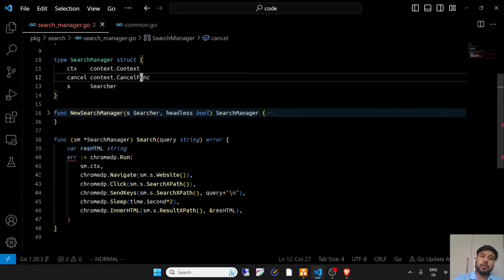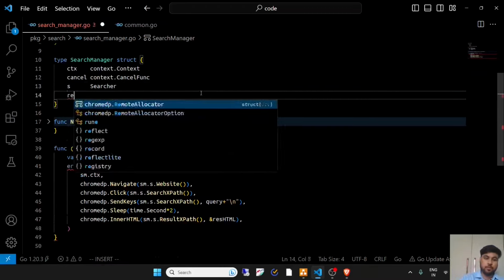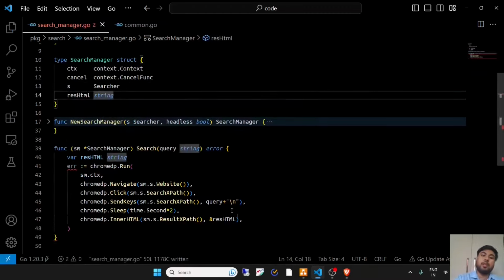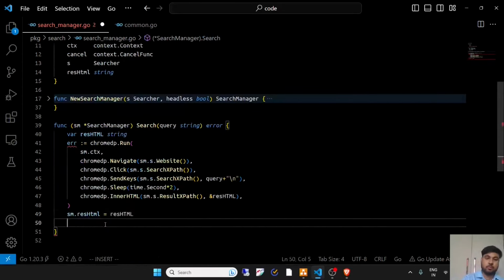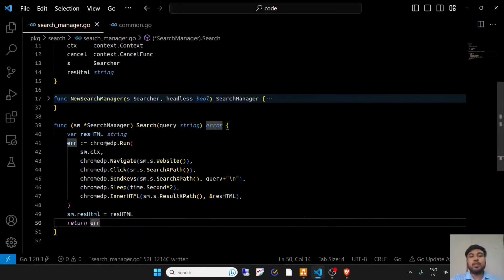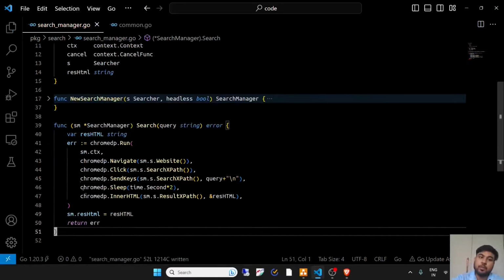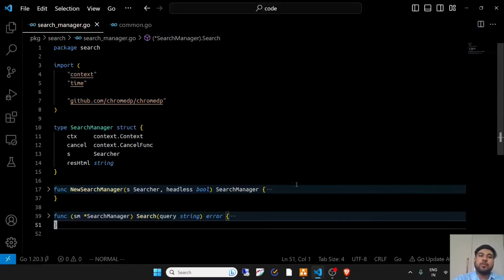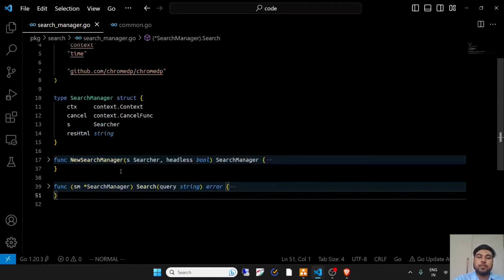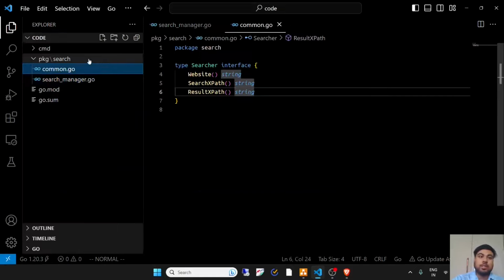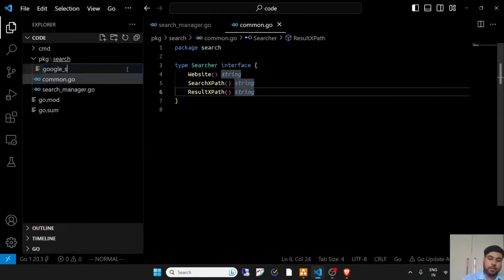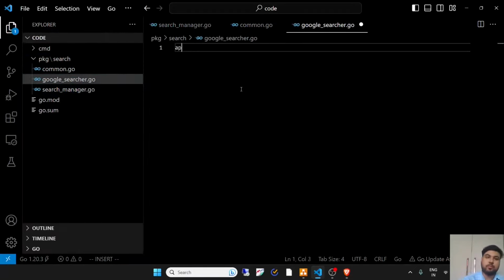This HTML source will also be present in the search manager struct, and then we'll just assign this. So now we completed our search function. Now before moving further, we should first try to create a concrete type of this searcher interface to see whether what we have done is working or not.